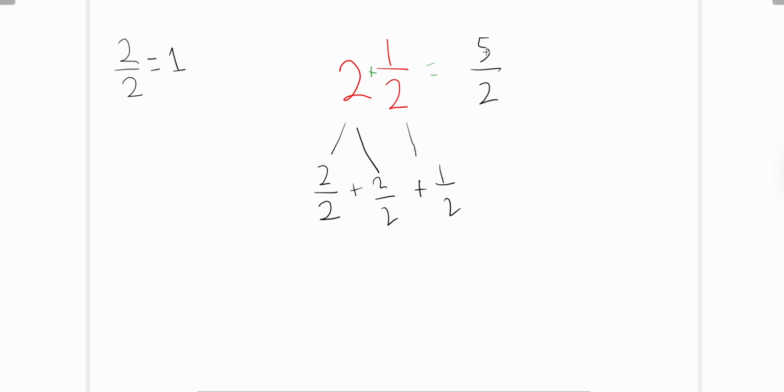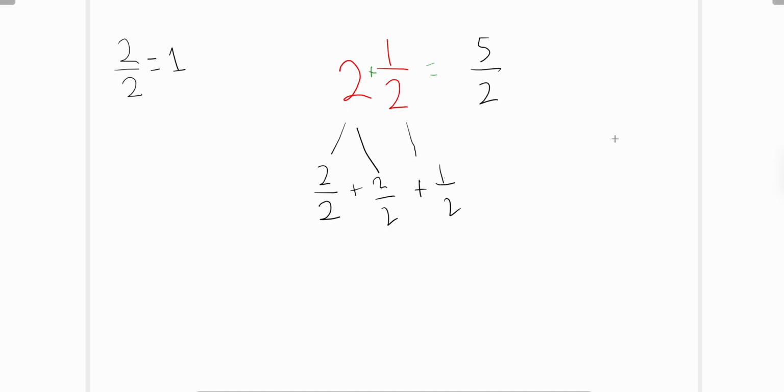And it looks better when we use it in this form because this is easier to visualize, right? You have 2 and a half. Here you have 5 halves. It's the same thing. So there is an easy way to do this. There's a shortcut to this. And the shortcut is